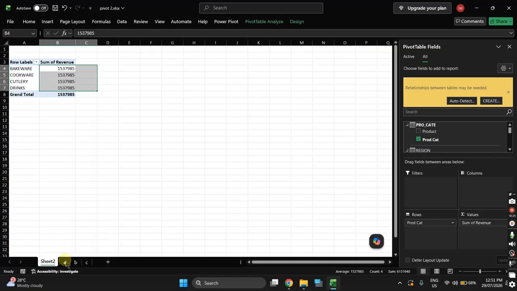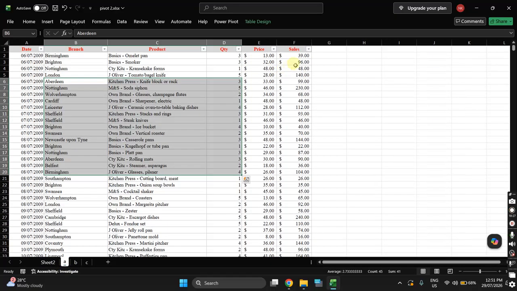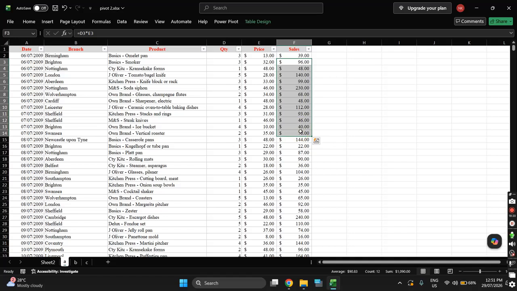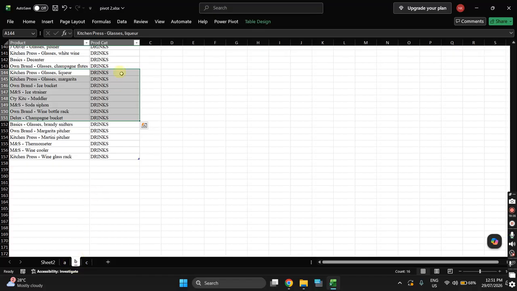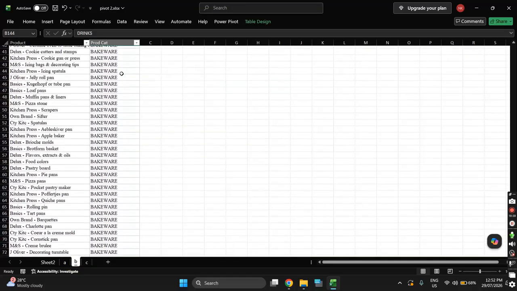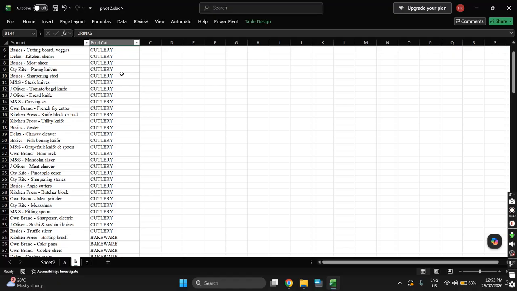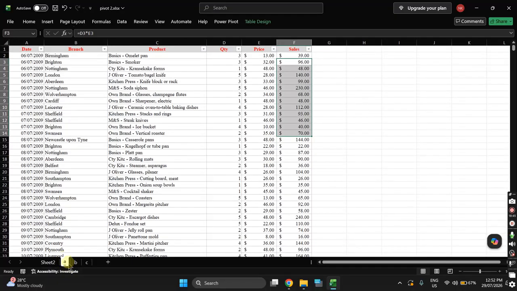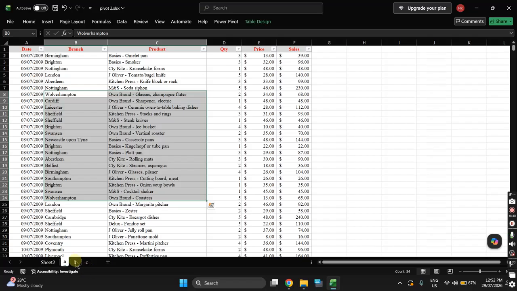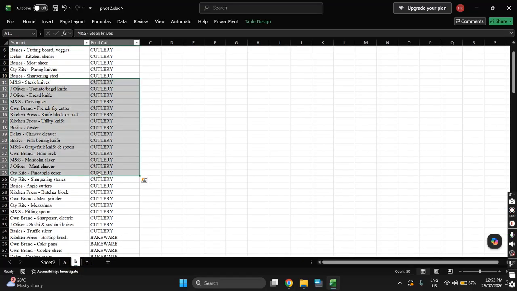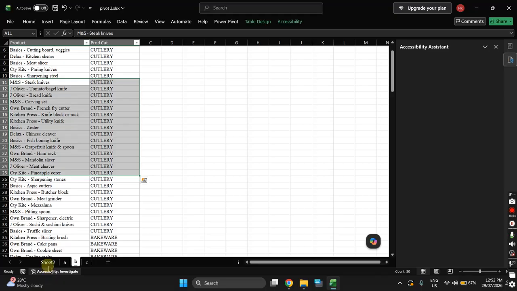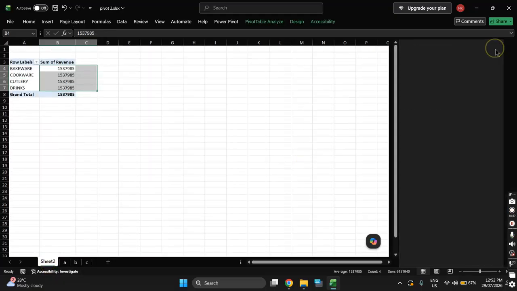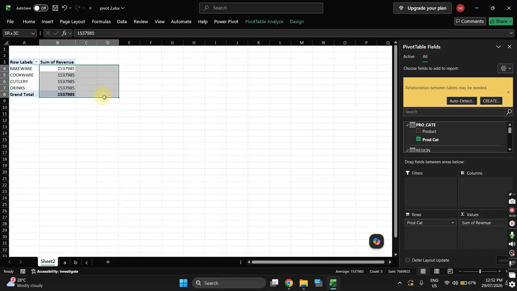The software is not able to understand against which product category, which sales has to be combined, because there is no relationship between the tables. I'm telling you A and B for our understanding. One is table number 14, and the other is product category, right? So there is no relationship between them. That's why it is not giving me the correct value, and it is helping me by showing this quotation: relationship between tables may be needed,